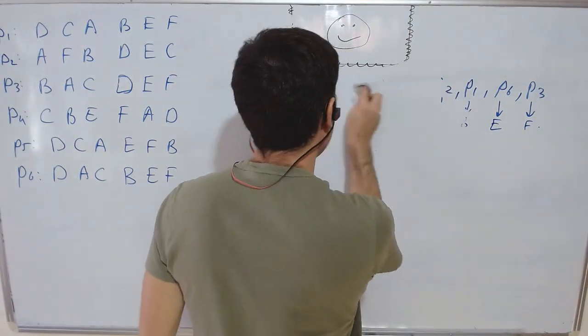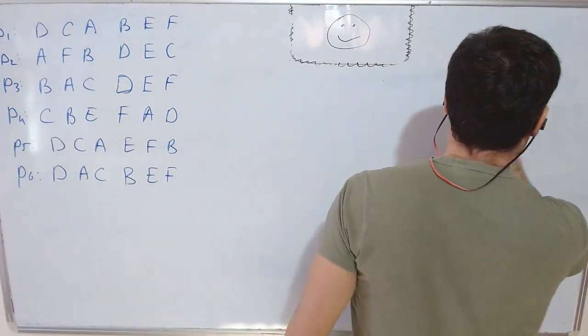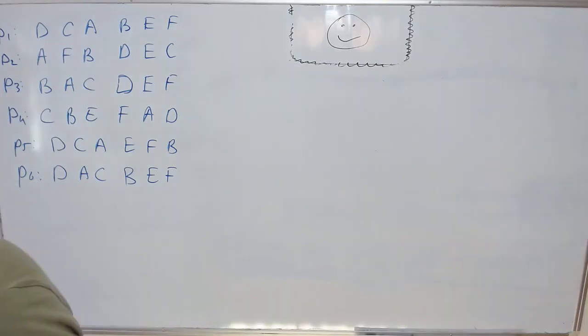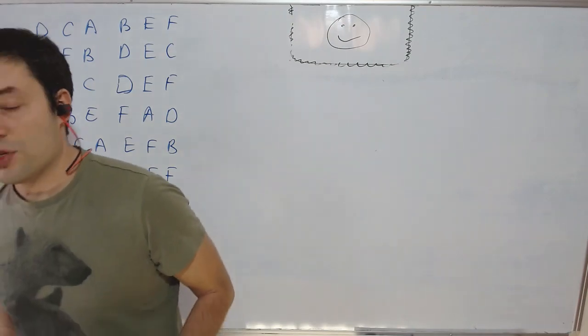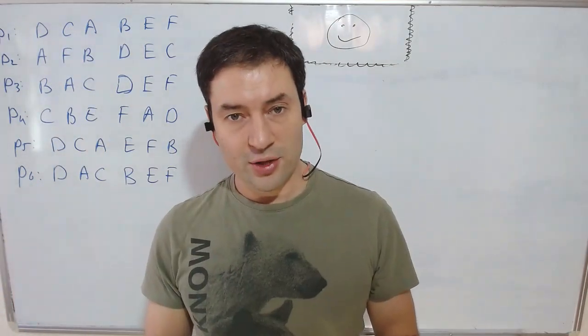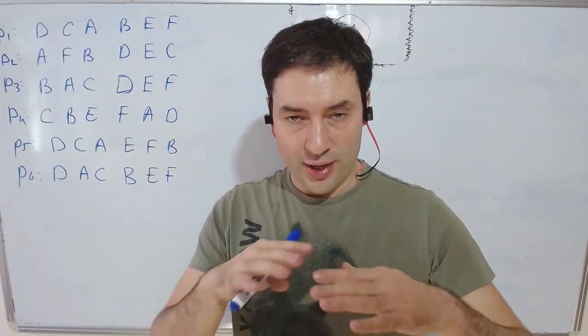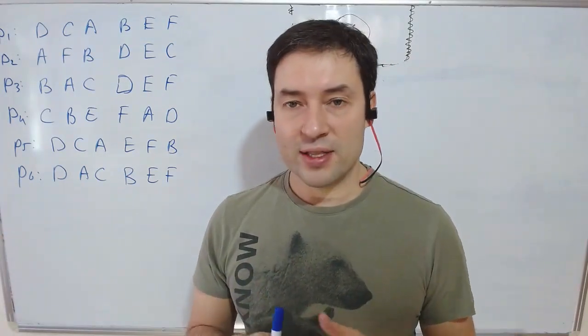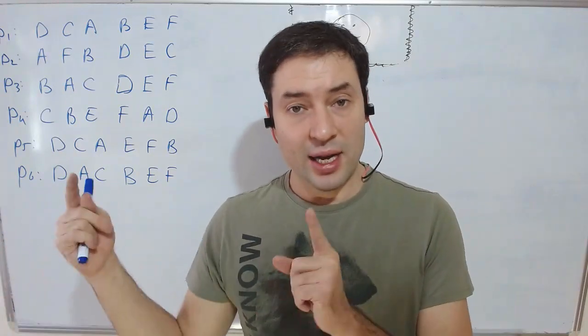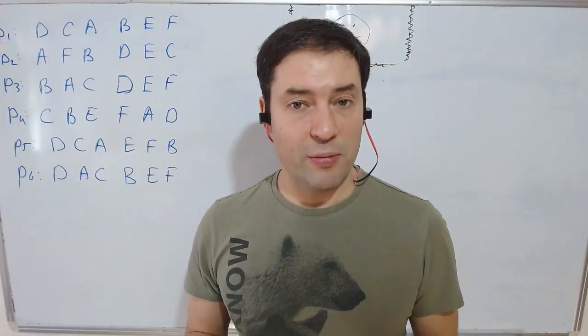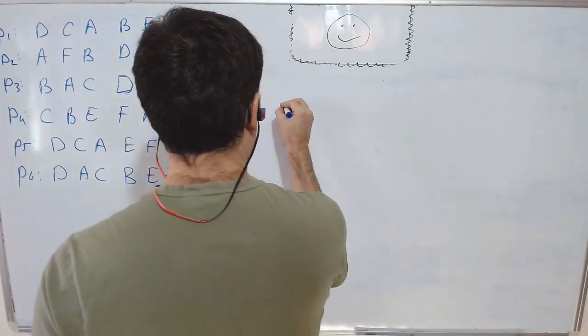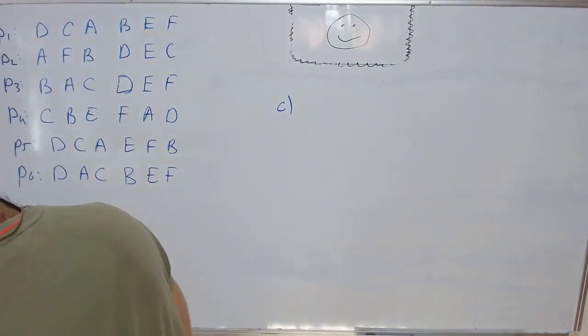Okay, so that's part A and B. Let's see what we are asked to do in part C and D. It asks us a reverse engineering question. It's still about random serial dictatorship, but now instead of giving us a priority order so we can run the algorithm, it actually gives us the end result, the outcome, and asks us, can you come up with a priority order? So part C, the end result is